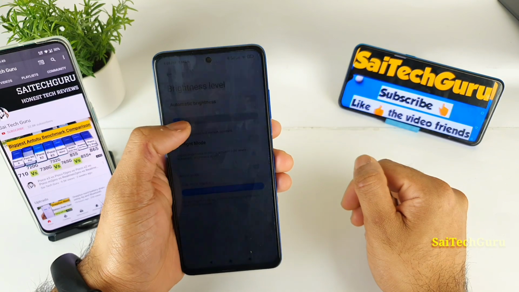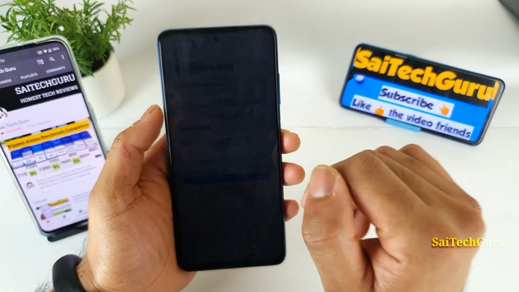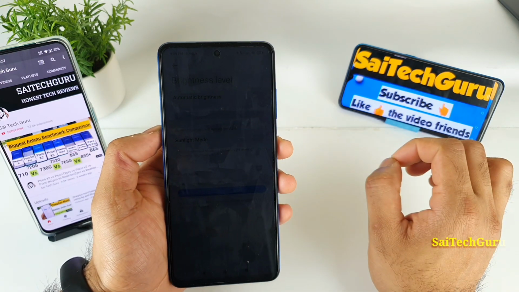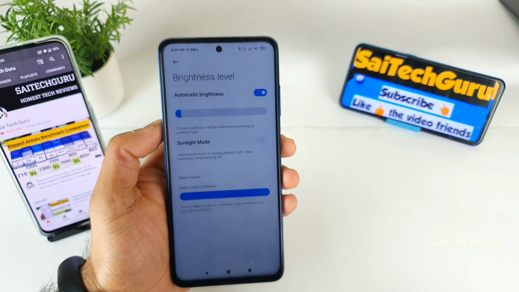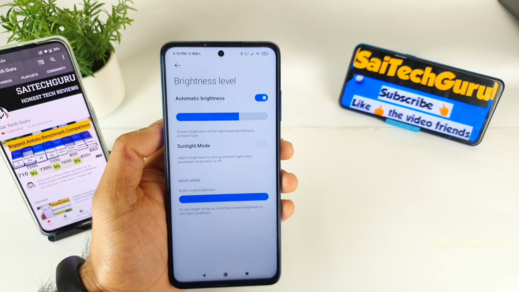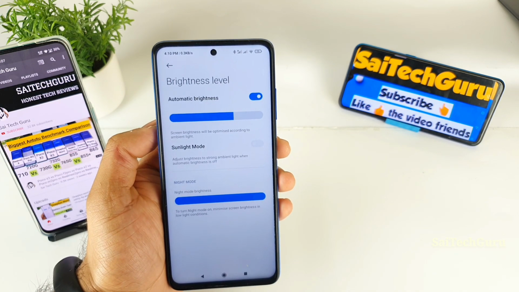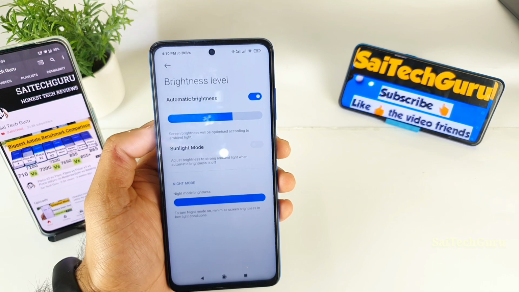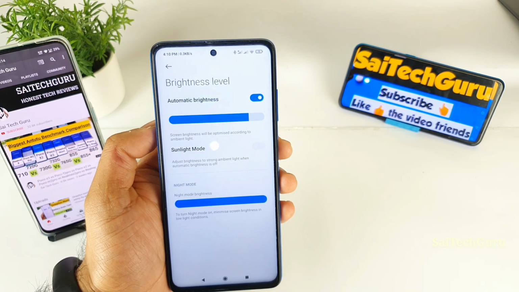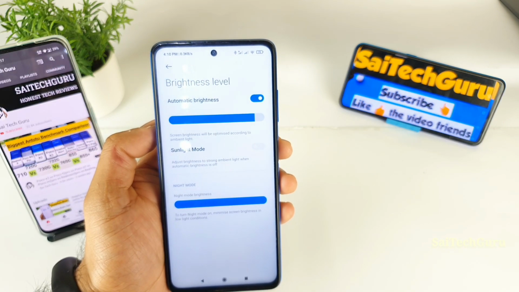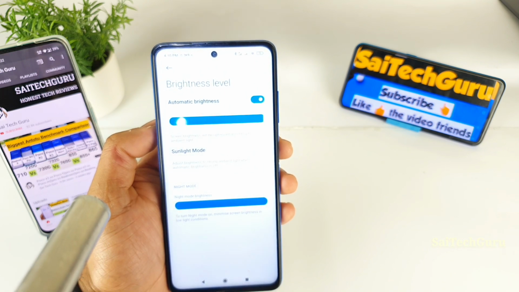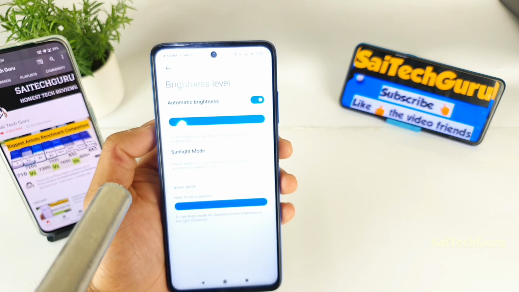For that, let me try to decrease the brightness, and now let me try to enable the auto brightness mode, so you can actually see the speed at which it is increasing right now. As you can see friends, the speed is very good and very fast as well. It did come close to 60% brightness. Now I am using the flashlight to aim at the auto brightness to make sure that it goes to the maximum. As you can see here, it did go to the maximum. Now it is at the maximum level.